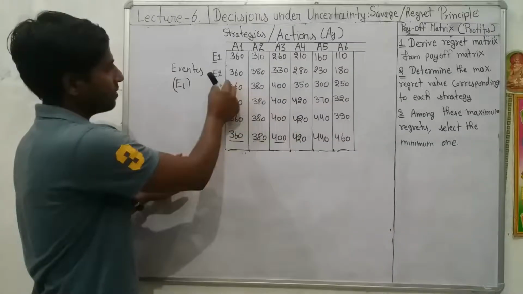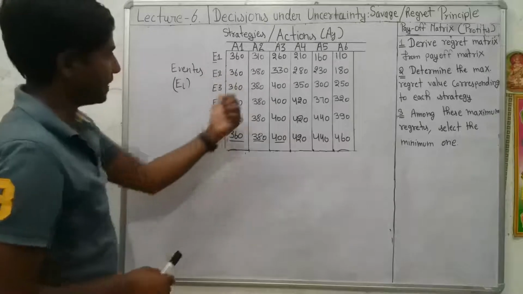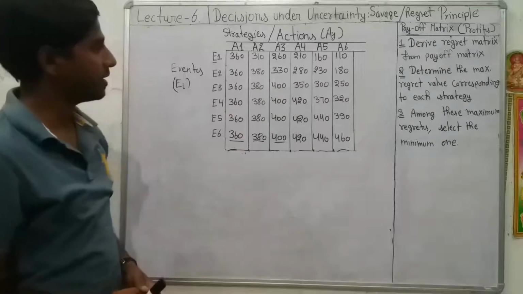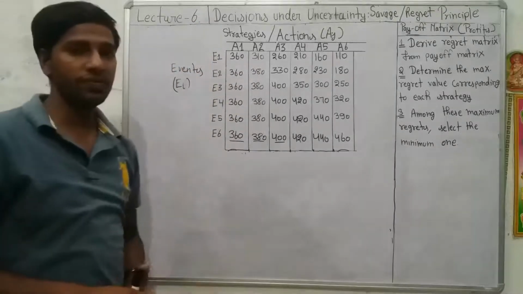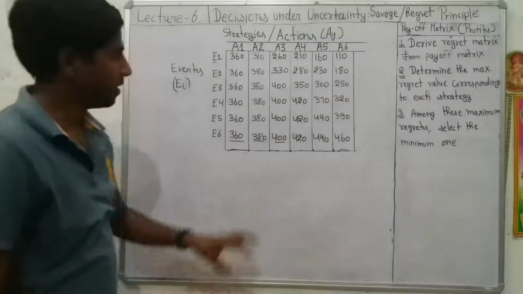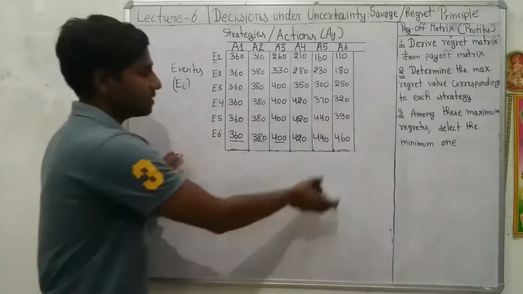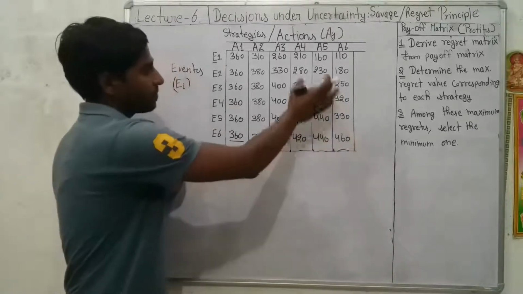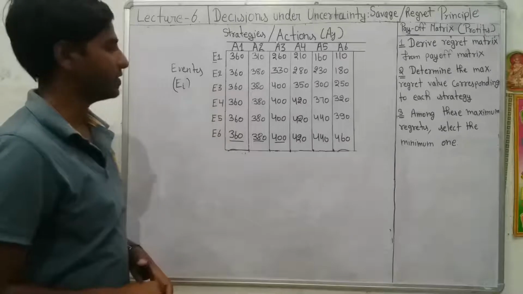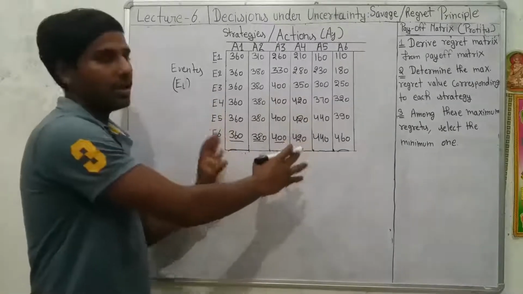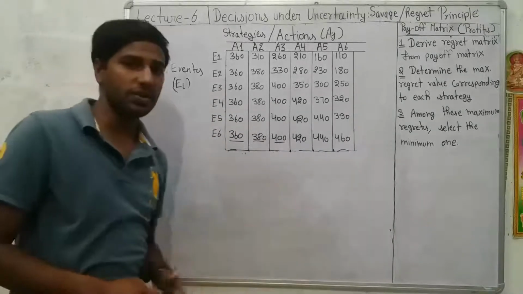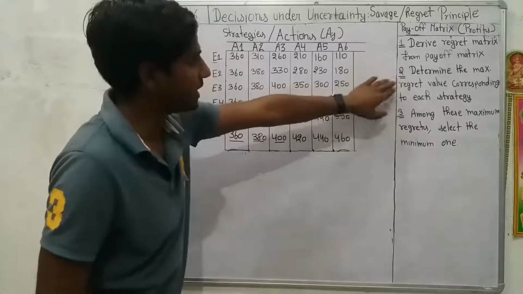Similarly, we need to apply this operation on all the rows. Select the maximum value in the second row, it is 380. Reduce every element of this row from 380, and similarly apply this operation on each row of this matrix. In this way, we can convert the payoff matrix into regret matrix. For this particular video, we assume that this table shows the regret matrix of different combinations of actions and events. So these regrets are already given here. If the regrets are not given in the table, first convert the payoff matrix into regret matrix. After converting it, what would be the second step?